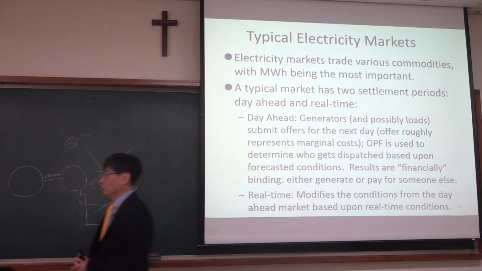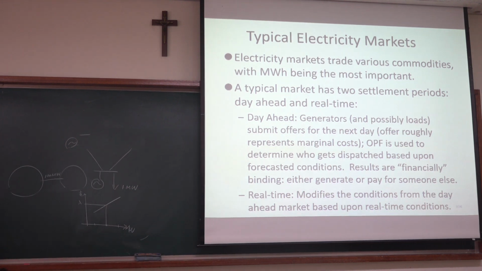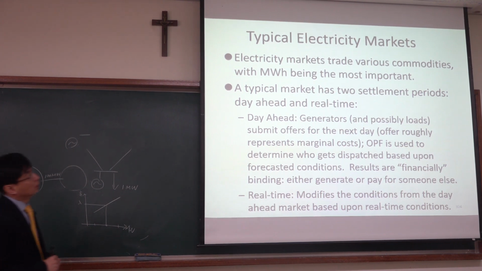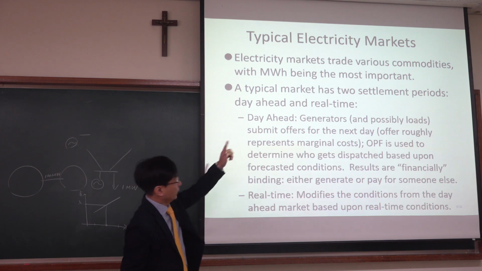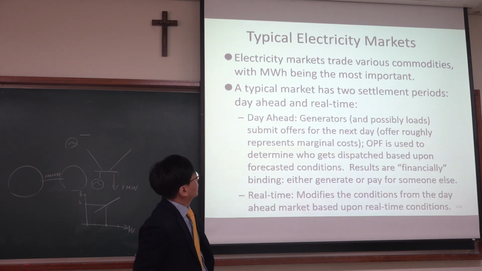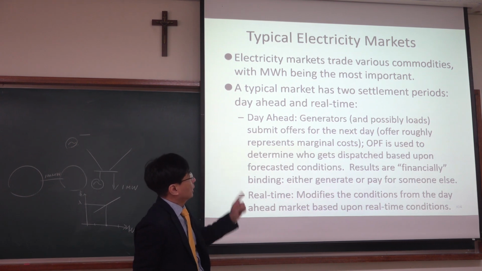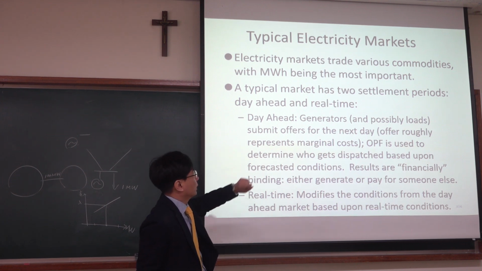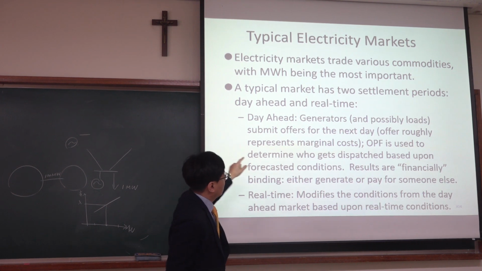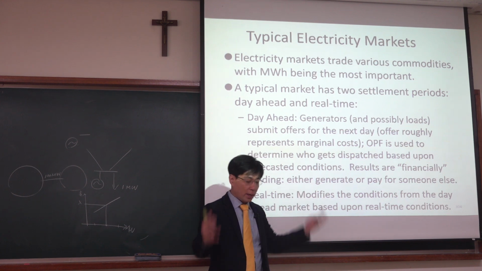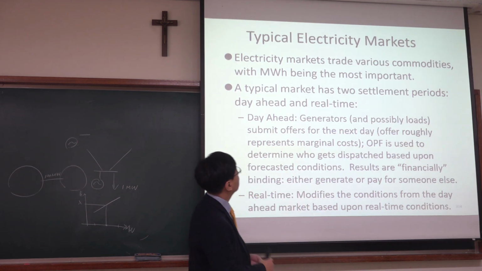So, typical electricity markets. Electricity markets trade various commodities, with megawatt hour being the most important one. And a typical market has two settlement periods, day ahead and real time. So day ahead, we try to solve OPF, and generators,